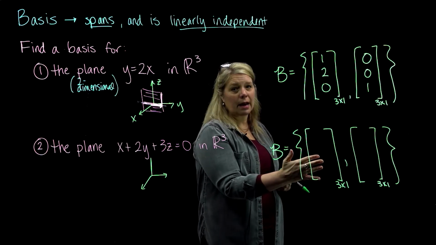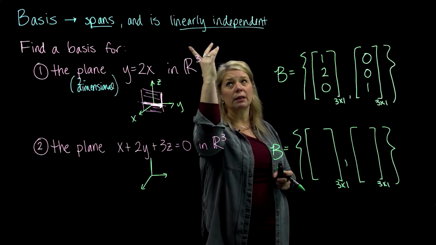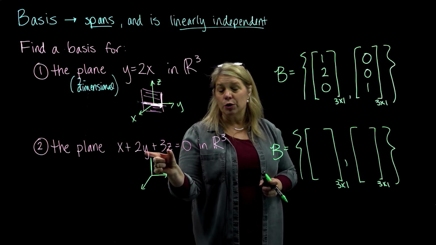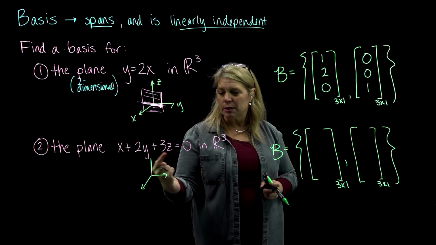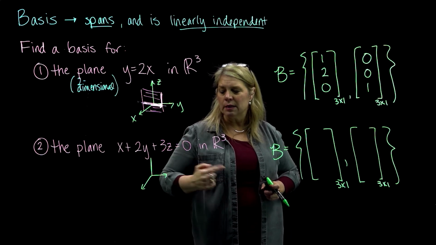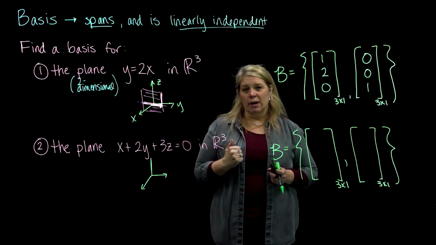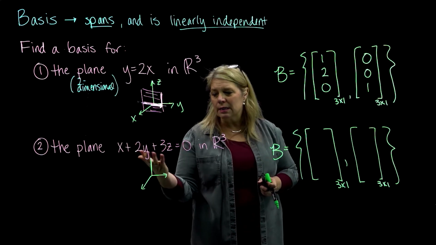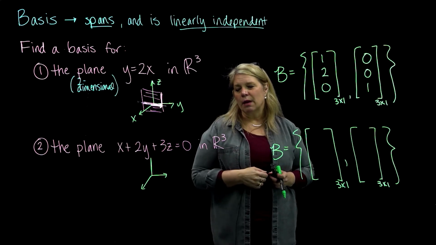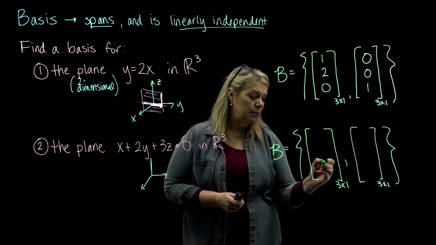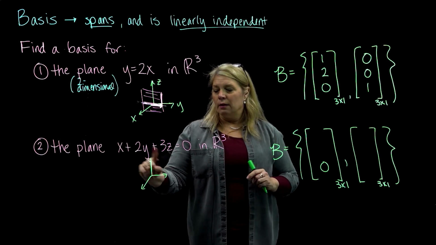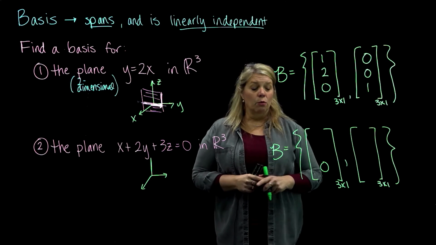Remember that no set containing the 0 vector is going to be linearly independent. So I don't want to choose two variables to be 0, because that would force the third one to be 0. Notice that's going to be true in all these. But I could choose one of the variables to be 0 and then easily choose some values that make the other two true. So if I choose z to be 0,